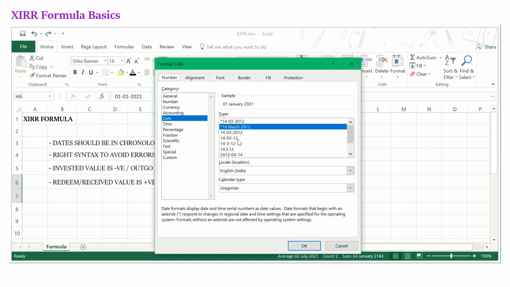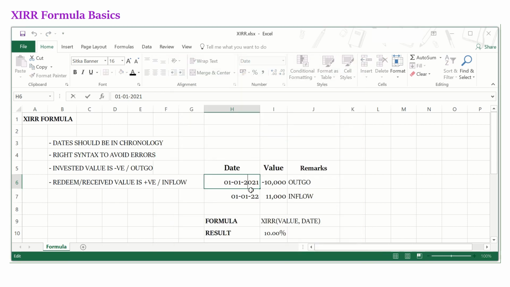And suppose if I had not used the date syntax properly, and I want to indicate 3rd Jan, there is no way for me to see whether it was 3rd Jan or 1st of March. So date syntax could vary between different regions. So it's better to have a well formatted date syntax. So this goes for the usage of the formula. You can just play around with the numbers sometimes.